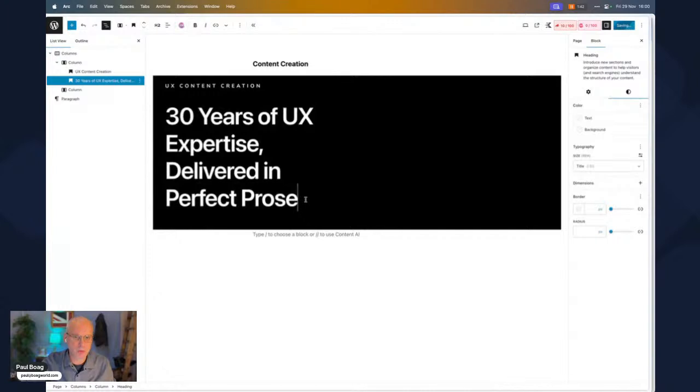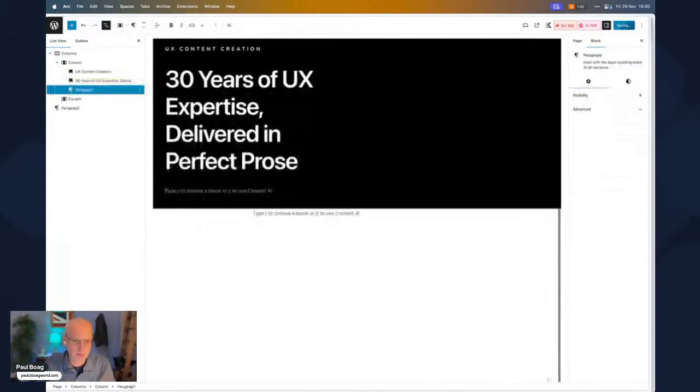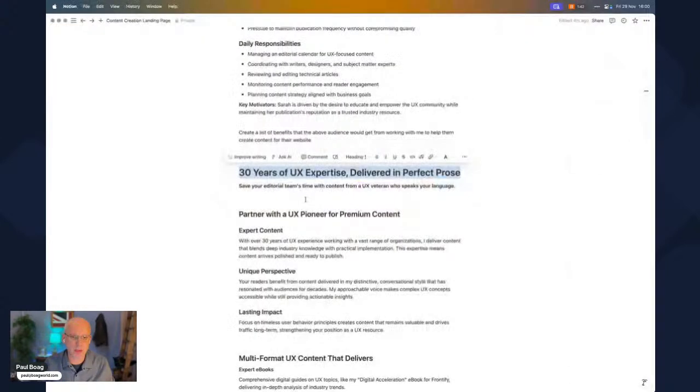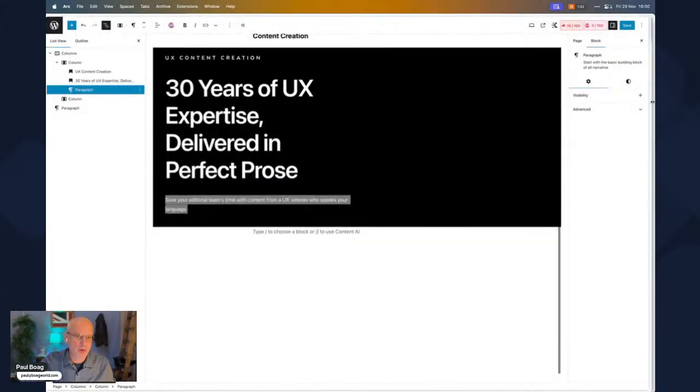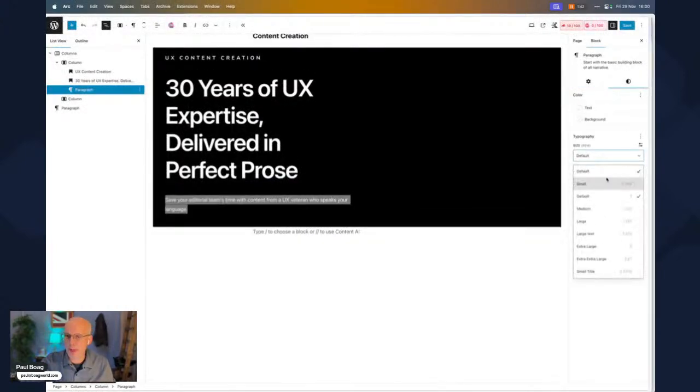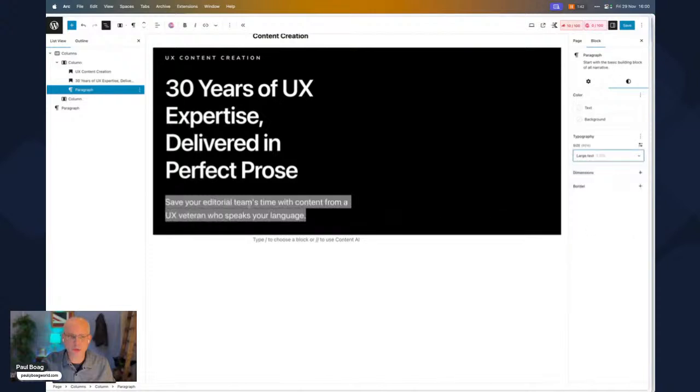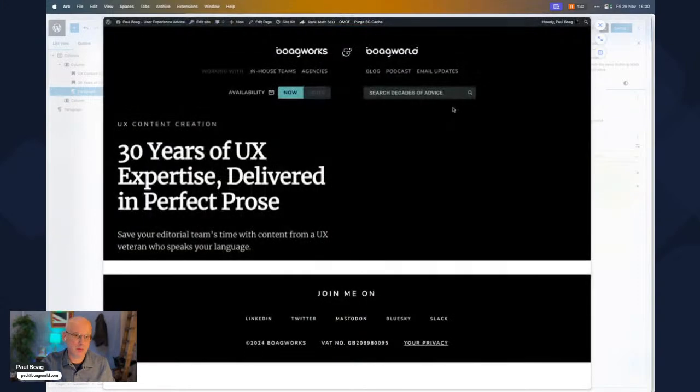We need to make it bold, which annoyingly makes it the opposite of bold, but that's a bug in my theme. Then we're going to shove in our content, and we're going to call that large text. In fact, that might be too large. Yeah, that'll do.